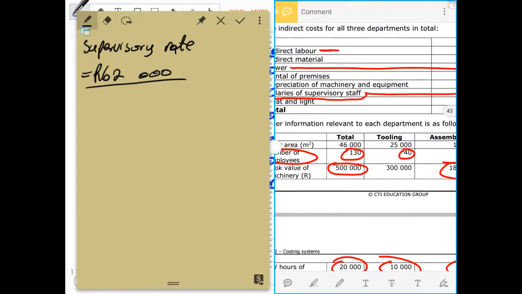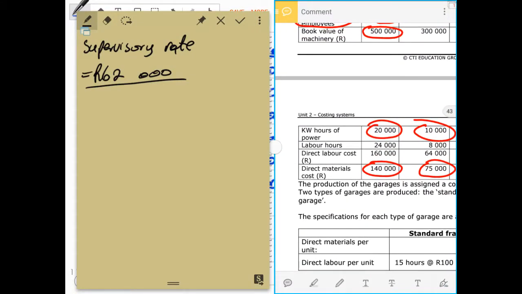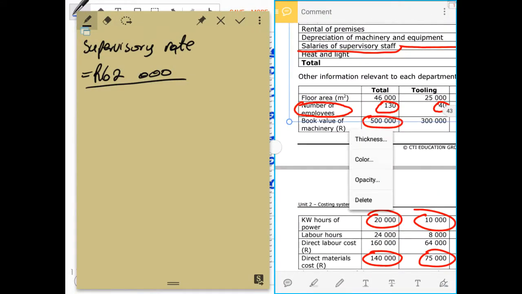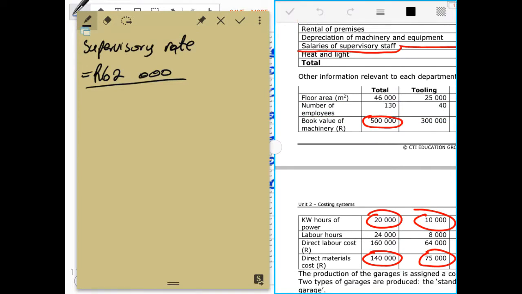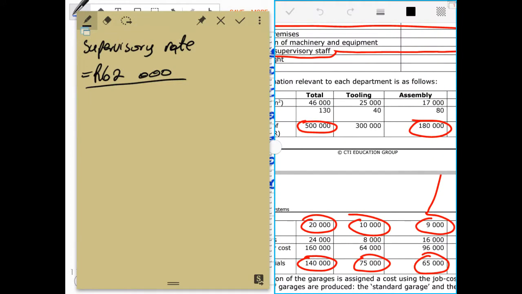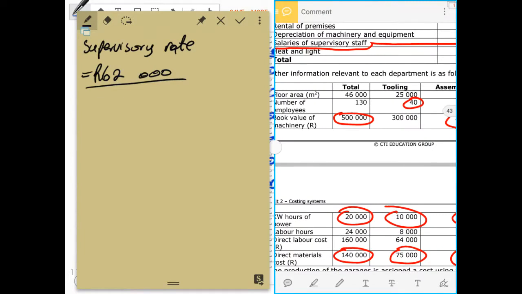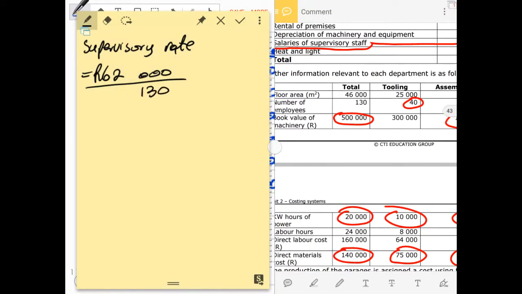And the total number of employees in all the three departments is given to us as 130 employees. Total is 130. Tooling department was 40, assembly 80, and in the canteen we only had 10 employees, and the total is 130. So now we divide by the total 130, and that will give us the rate